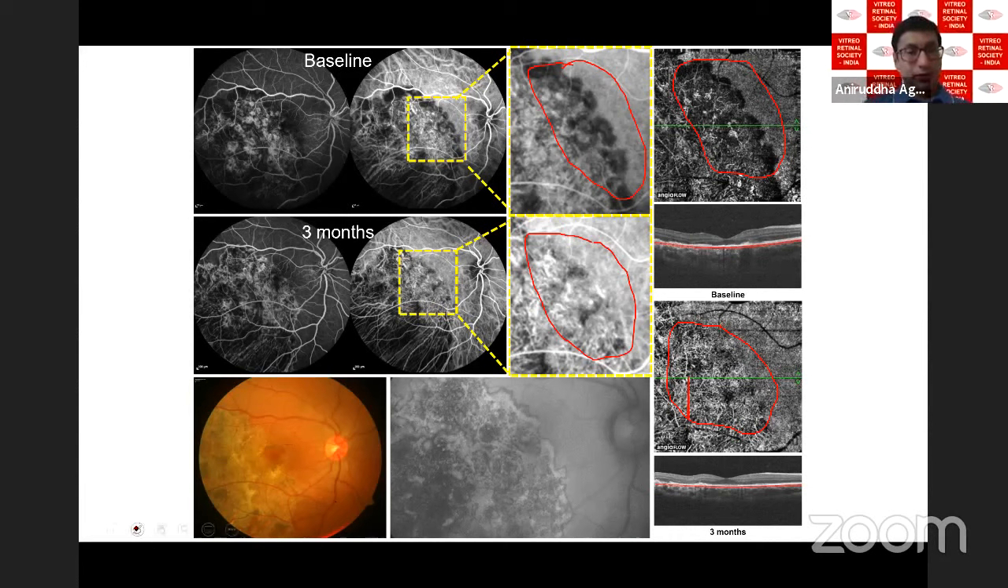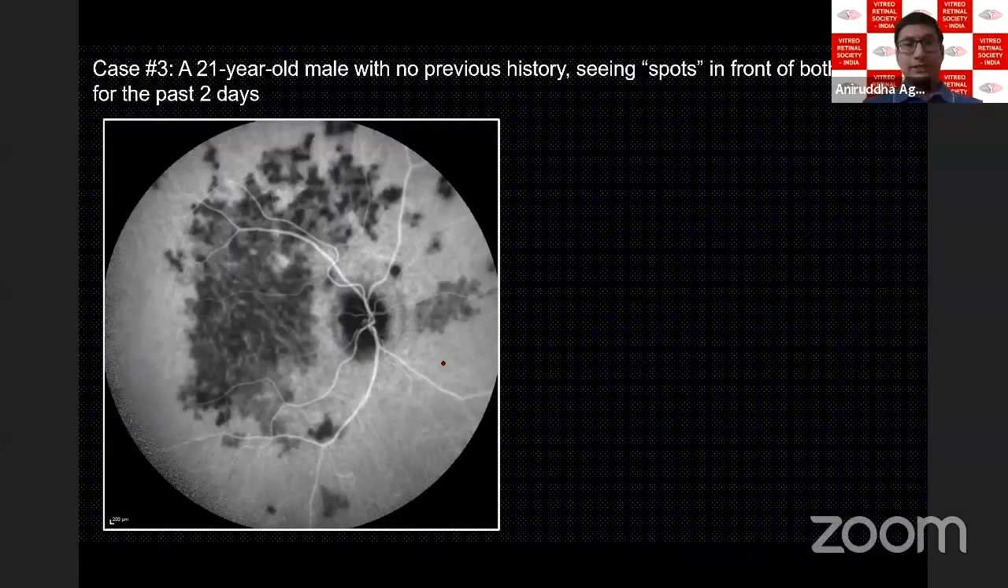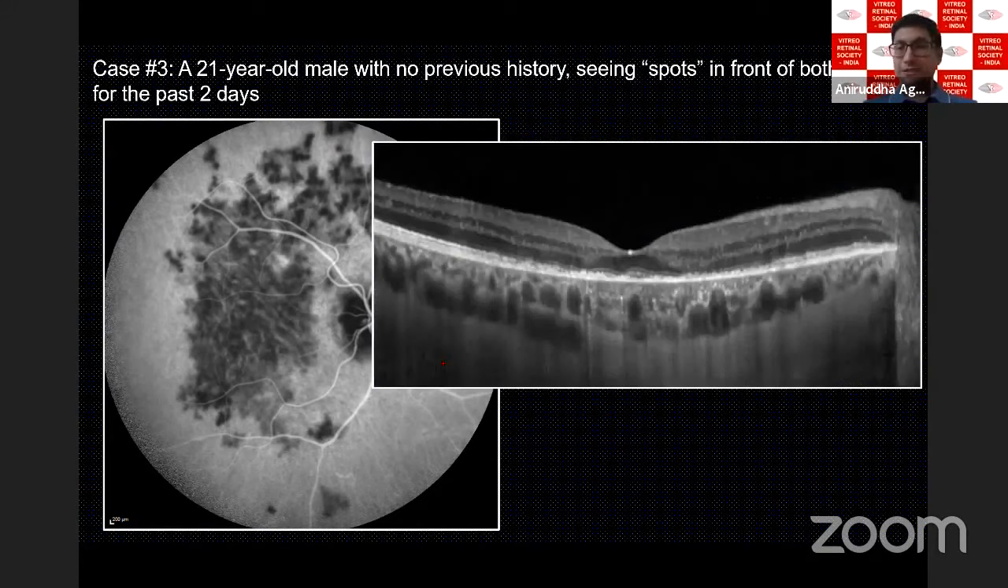So moving on, I'm just going to erase all the ink, and this is our next case here, of a young male with no previous history, and the only complaint is spots in front of both the eyes. Here you can see on the ICG a large placoid lesion, and on the OCT you have disturbance of the photoreceptor layer. The placoid lesion is hypo to hypo on ICG, and the diagnosis I think is very clear, it's